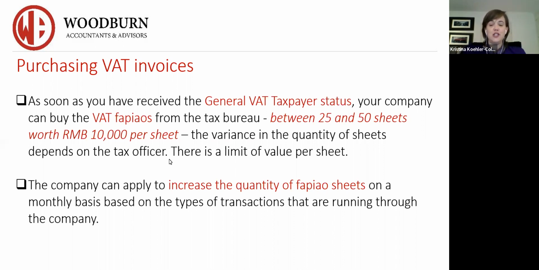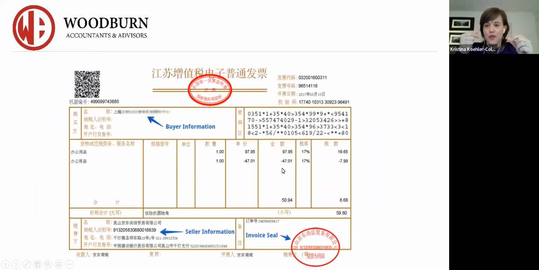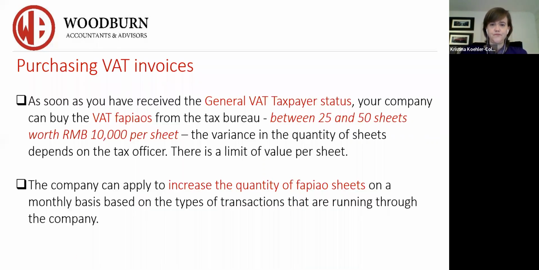When you are issuing these sheets, let me go back to the previous slide, just so you know, one sheet has 3 copies. So there's the white on the top, there's a red, I believe there's a blue, but don't keep me on that. I think it's a blue one. And the buyer gets a copy, the seller gets a copy, and a copy goes to the tax bureau. Now you have to imagine if you're doing a transaction of 1 million renminbi, the booklet is not even enough, right?